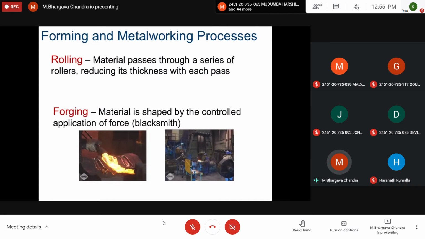So I have to reduce the thickness of that 15 mm sheet metal. By what process? By a process of mechanical deformation. By applying force and pressure, I have to reduce the thickness of that sheet metal, which is possible only by passing it through a set of rollers that exert force or pressure greater than the plastic deformation force of that material. In a single rolling pass it may not be possible to deform a metal, so it is subjected to multiple series of rollers, that is, step by step the thickness is reduced.